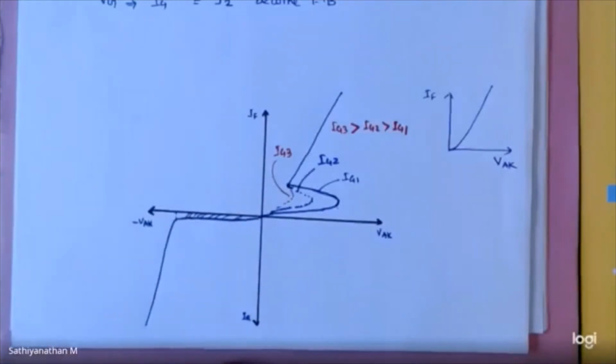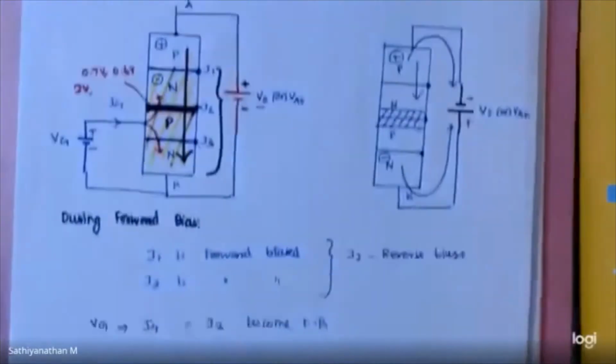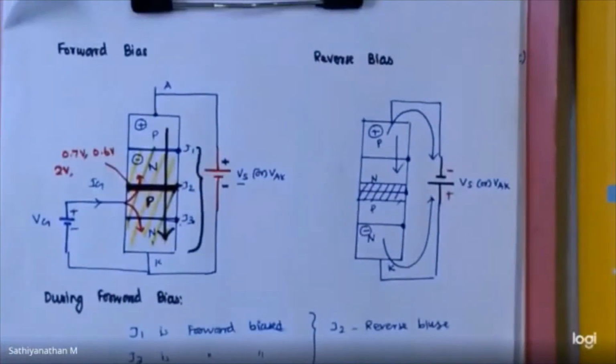Okay. So if you want to turn off the device, particularly an SCR, you need to force the device to turn off. Okay. And there are several ways, and one way is to change the polarity of a supply. From this discussion, can you suggest a few more methods to turn off?